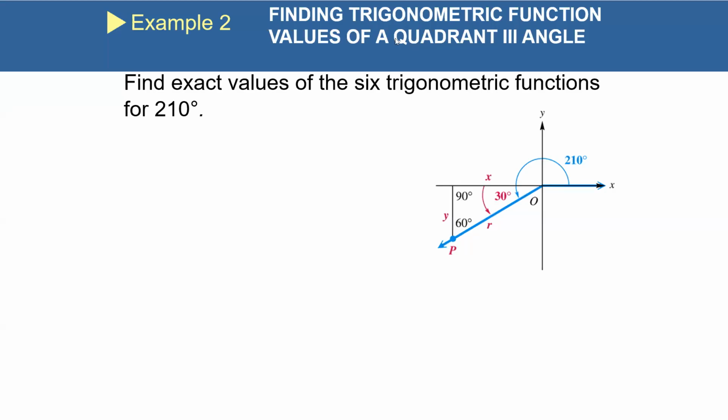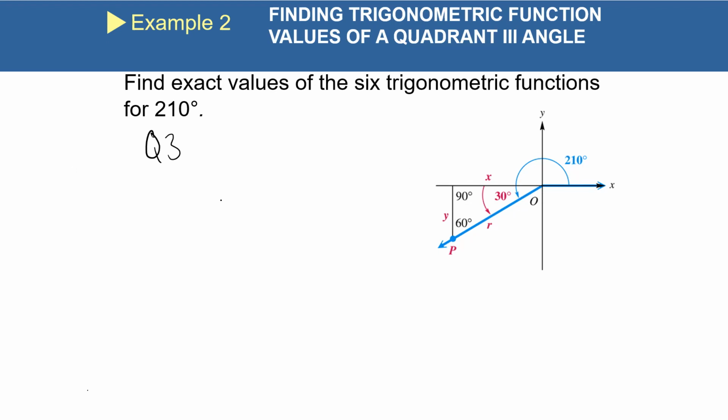All right, so how can knowing the reference angle be useful? Well, this is why. It says here, find the exact values of the 6 trigonometric functions for 210 degrees. I don't know what the trig values of 210 are. However, I do know the values of its reference angle. So the first thing you're going to do is identify the quadrant that it's in. If I have 210 degrees, it lies in quadrant